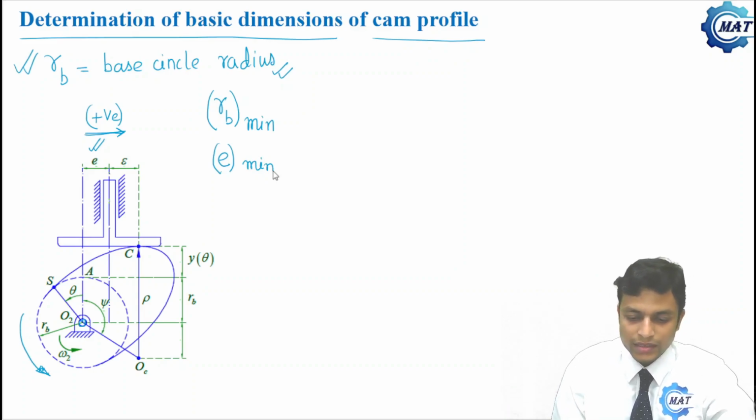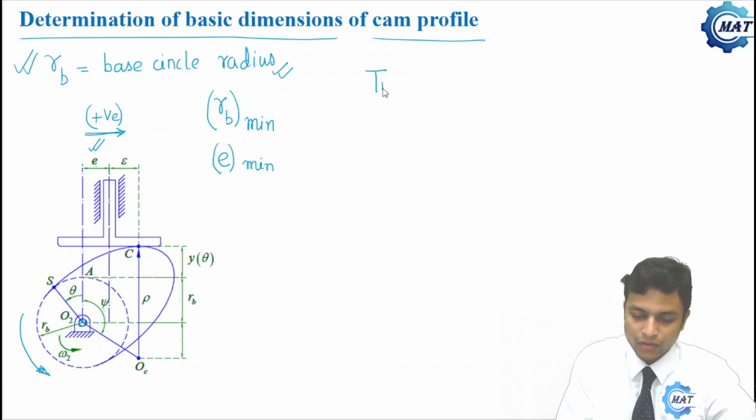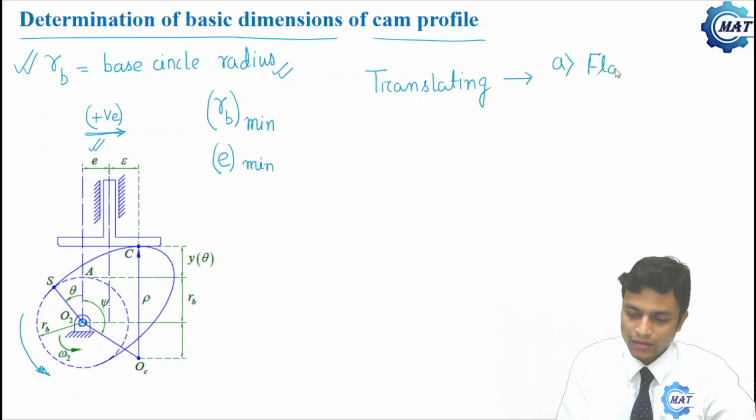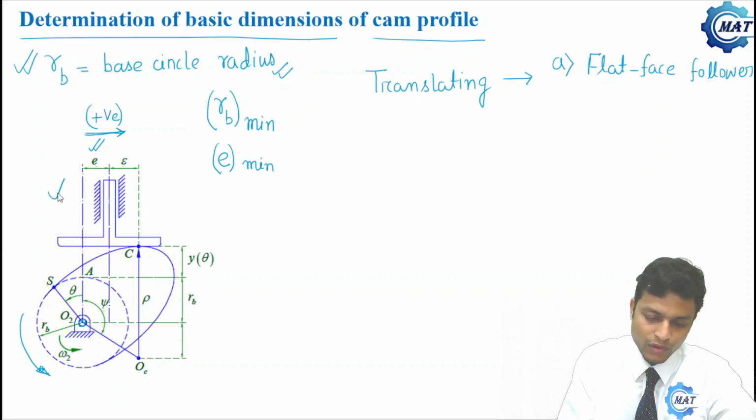Now we'll do this analysis for a translating follower, and first we'll consider a flat face follower. So number A is flat face follower. This is a flat face follower,